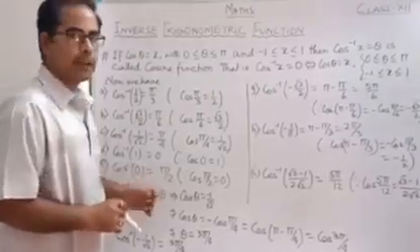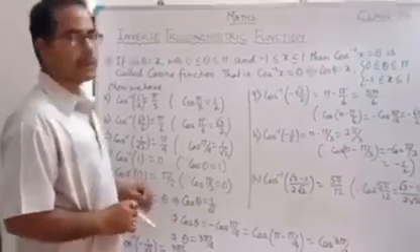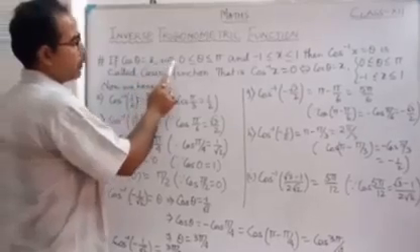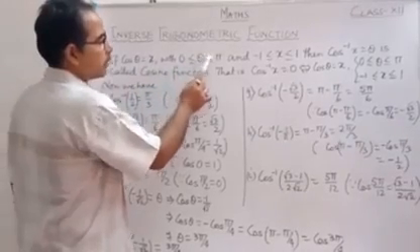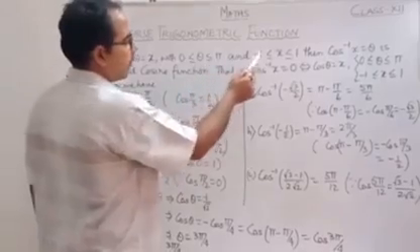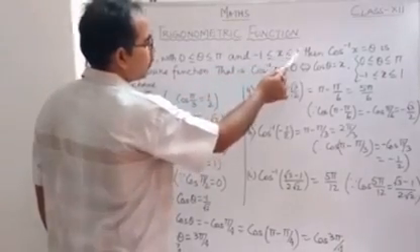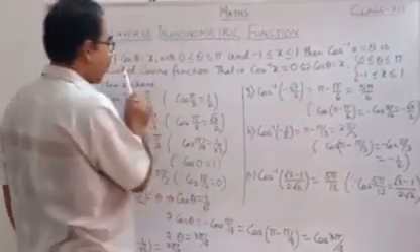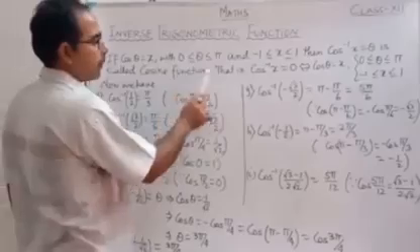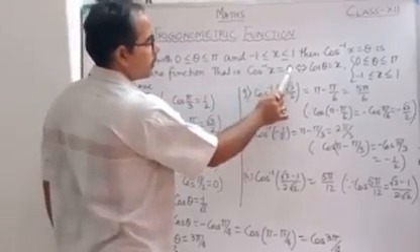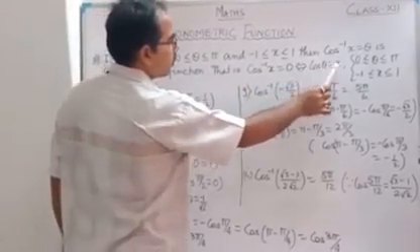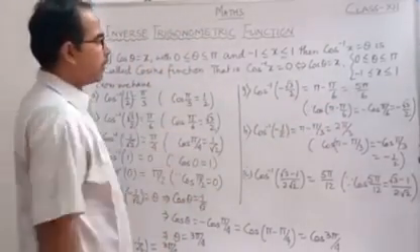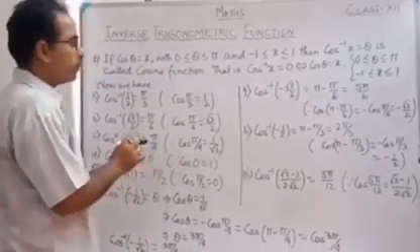Okay, now after sine function we will study about the cosine. So look at here, if cos theta equal to x with 0 less than or equal to theta less than or equal to pi, this is the range, and minus 1 less than or equal to x less than or equal to 1, then cos inverse x will be equal to theta, is called inverse cosine function. Correct? That is, cos inverse x equal to theta, which implies that cos theta equal to x. That is the range what I told earlier. Now from the cosine, these are the formulas which we have to memorize.